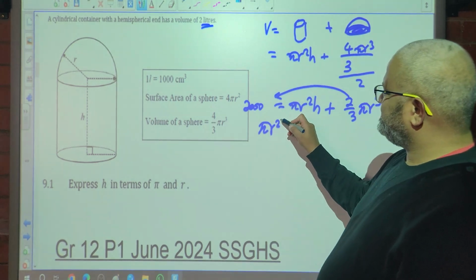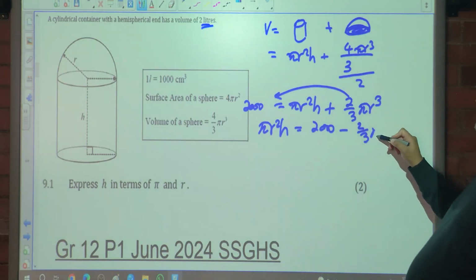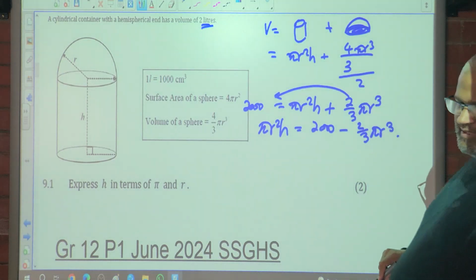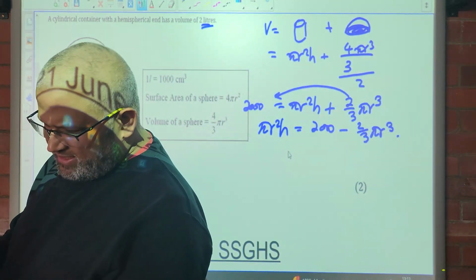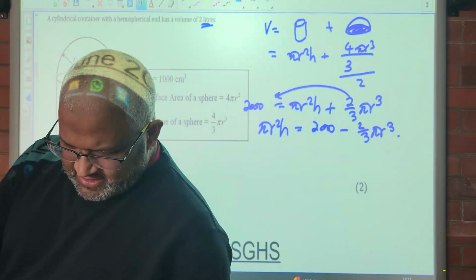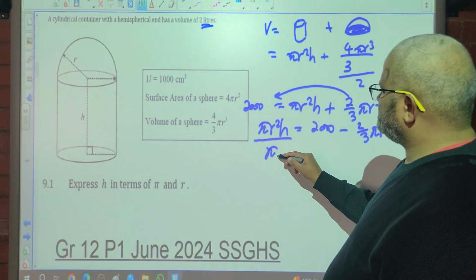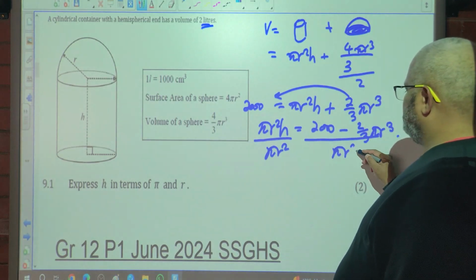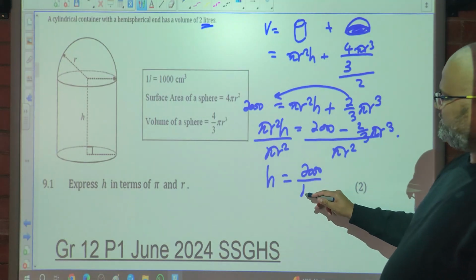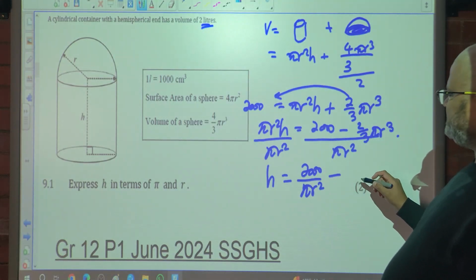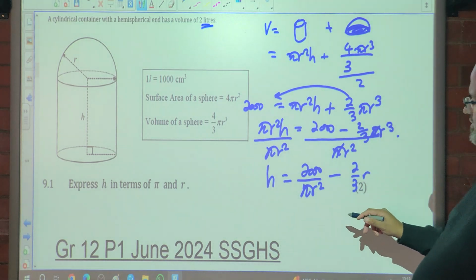So pi r squared h is equal to 2000 minus 2 over 3 pi r cubed. To get h on its own, you must divide throughout by pi r squared. So h is going to give you 2000 over pi r squared minus, that cancels, 2 over 3 r,